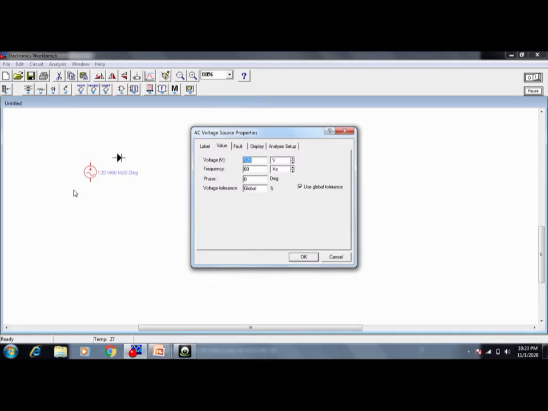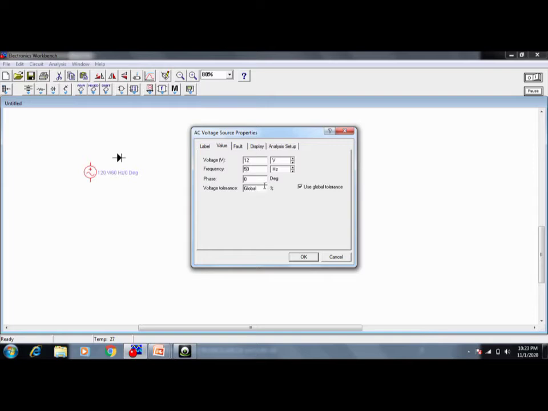Select, double click. Okay, here the default value is 120 volts, but I want only 12 volts. And here you are going to see the frequency is 60 hertz, but actually in America the frequency is 60 hertz, but in India it is 50 hertz.